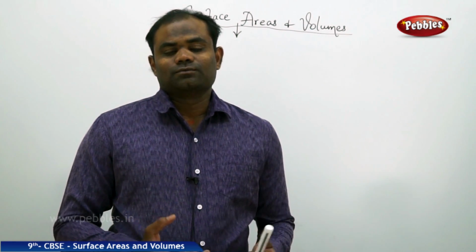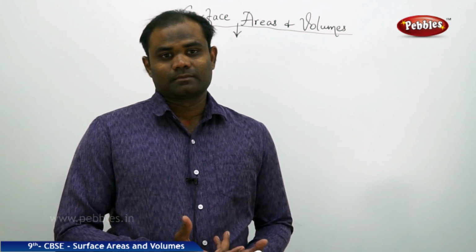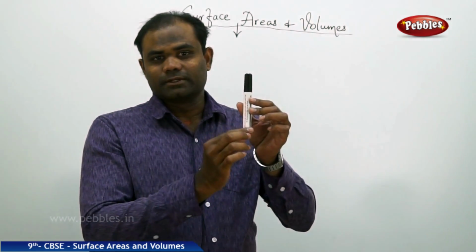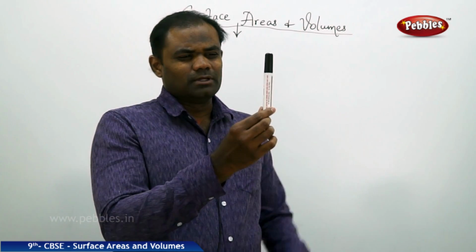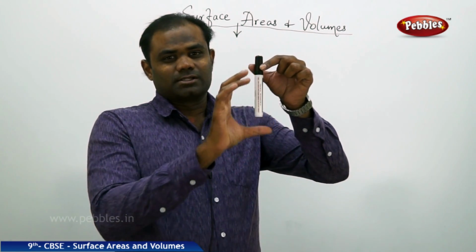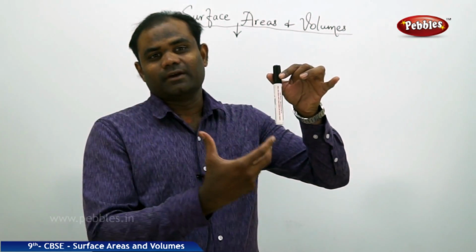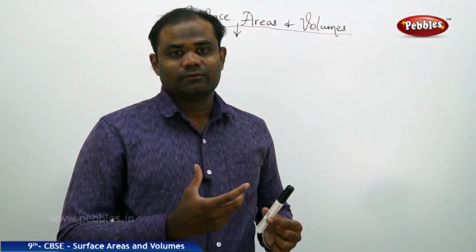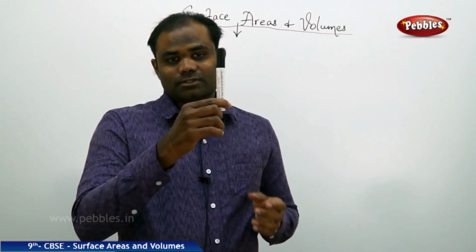In mathematics, volume is defined to be the capacity or the space which it occupies in three-dimensional space. Suppose I take this marker pen, which looks like the shape of a cylinder. This seems to be occupying certain space in this area. And this space occupied is nothing but what we define in mathematics as capacity or the volume of this object in